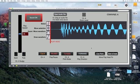audio file to open. One thing to note is that when you find or locate a folder that you wish to use, the next time that you open an audio file it will automatically jump to that folder, which is quite a useful feature for those DJs who like to have their sets within just one folder. So this isn't a particularly good example,